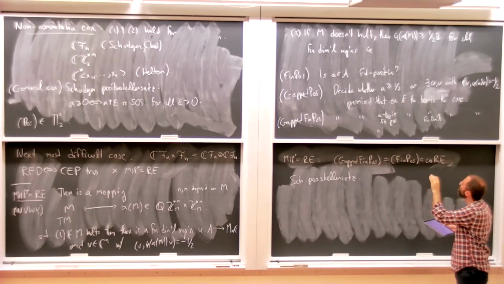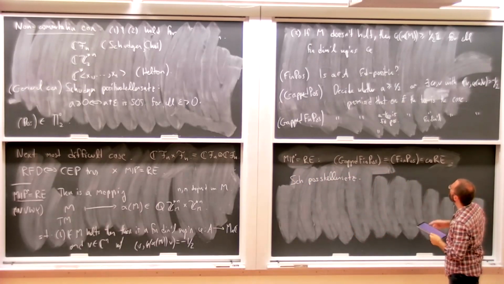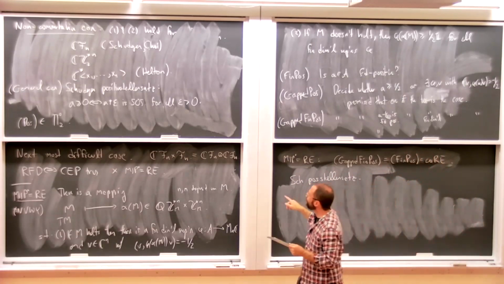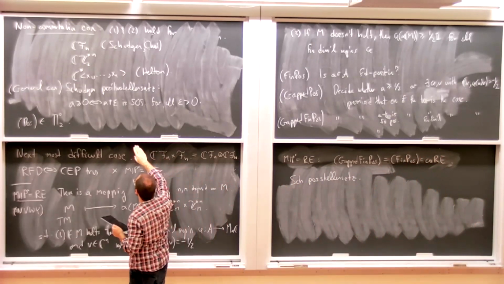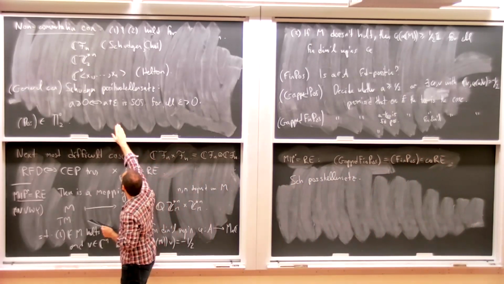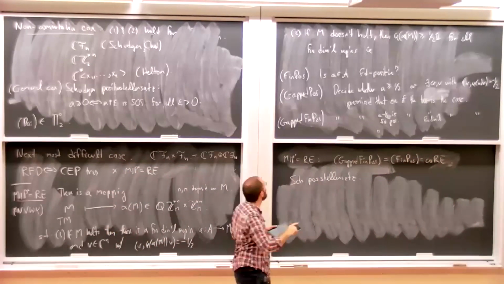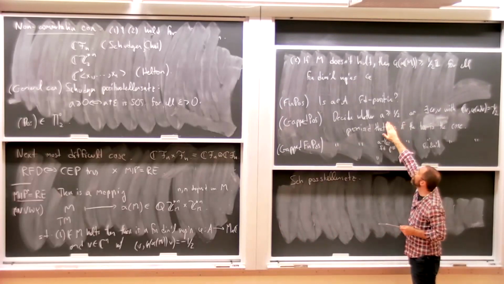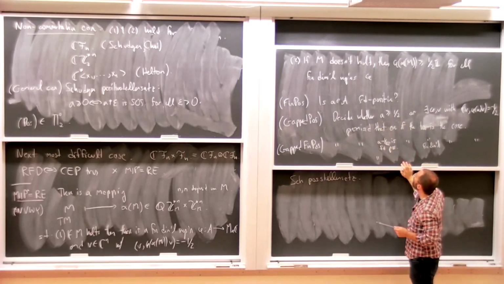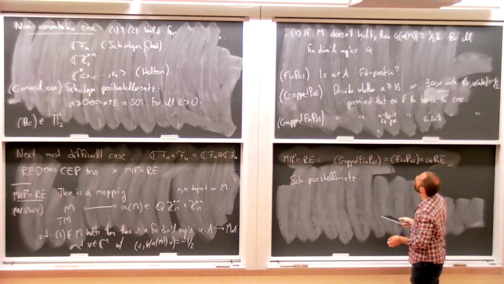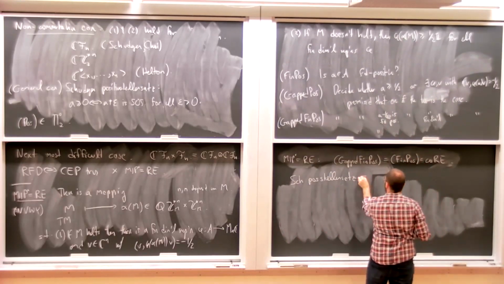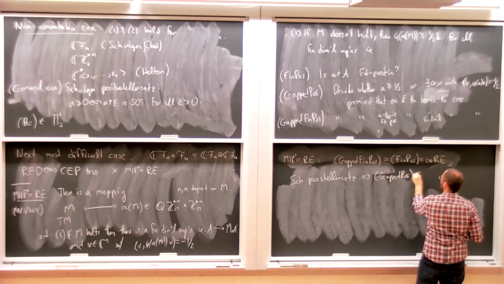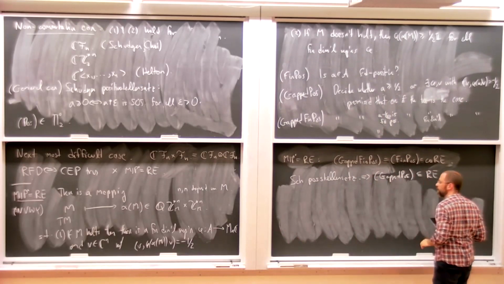Okay. Imagine that A is greater than or equal to a half. That means A minus a half is positive. So is it still on the board? It is. Okay. So if A minus a half is positive, then A minus a half plus a half is a sum of squares. If you are in the positive case of gapped positivity, that's the point of being greater than a half here, that means you have to have a sum of squares decomposition. So gapped positivity is contained inside of RE.